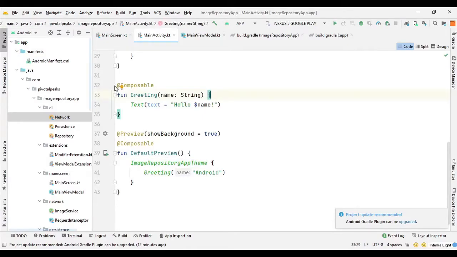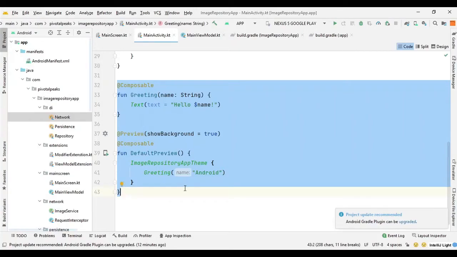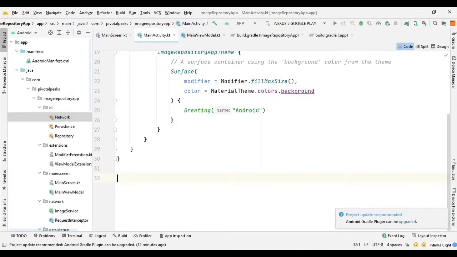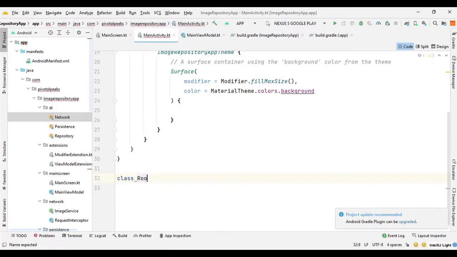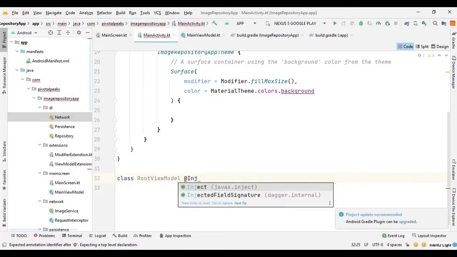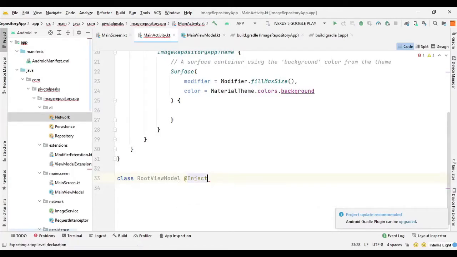So let's first get rid of this boilerplate code, and we also need to get rid of this greeting, and here we can say class RootViewModel @Inject constructor.